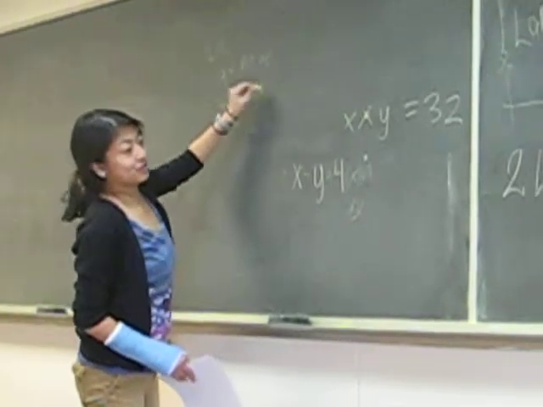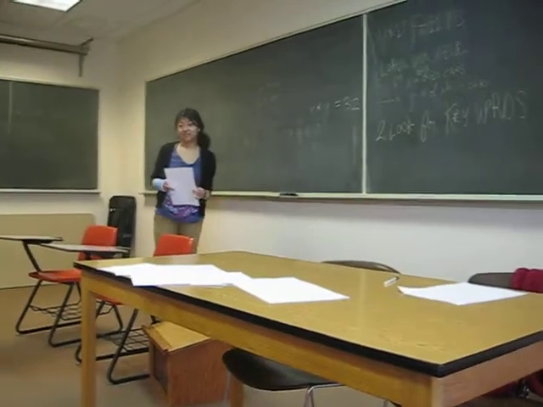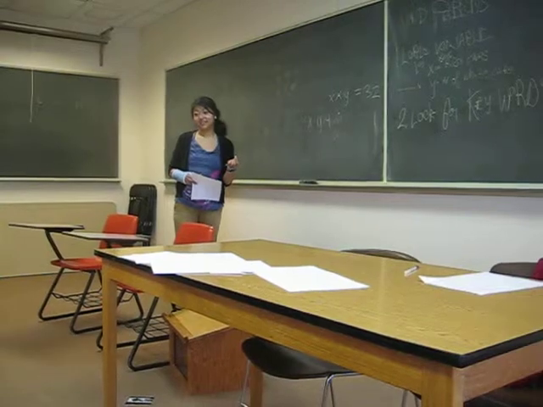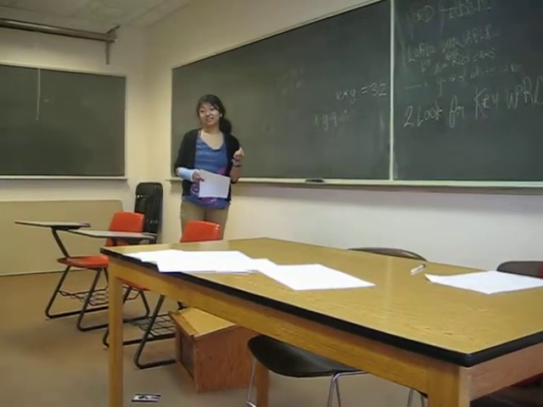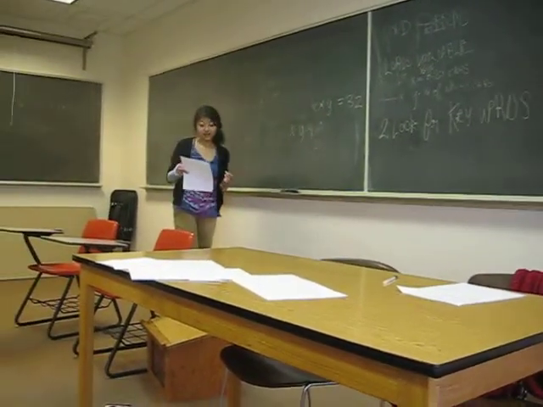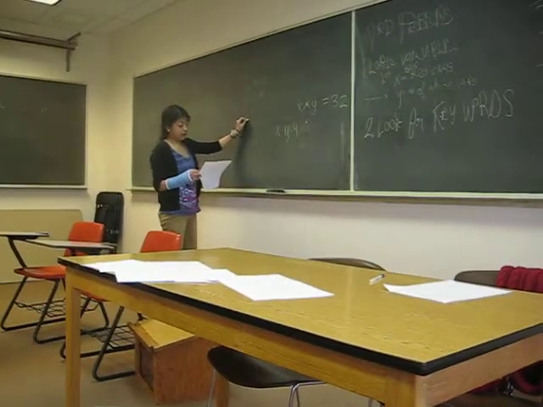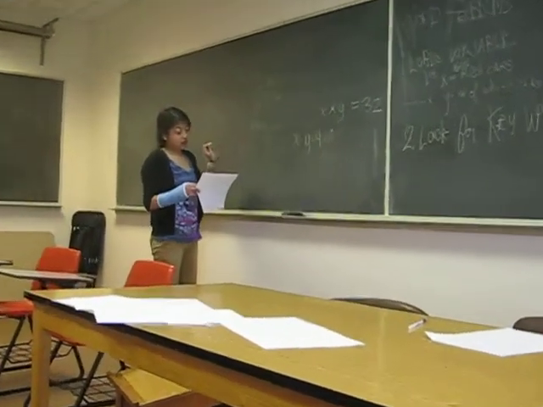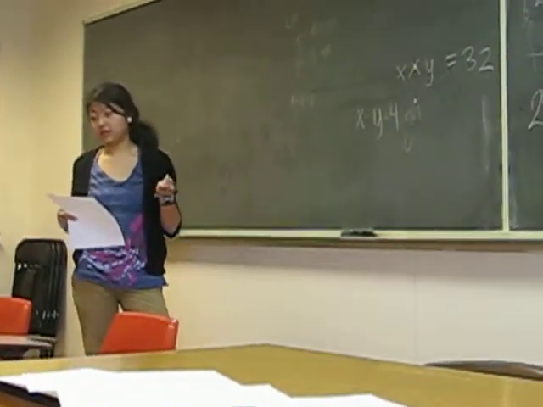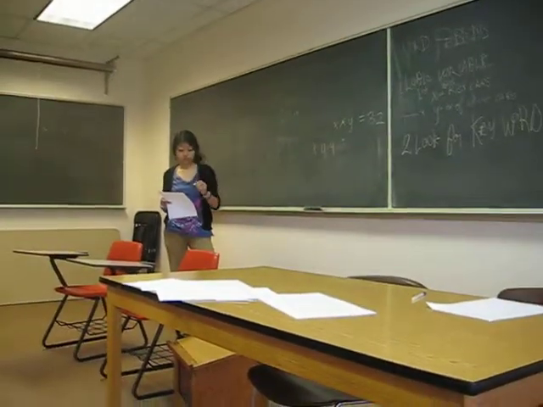Okay, and then next we want to look for some keywords. So what would be some of the keywords in that one? Different. Okay, and that indicates? Subtraction. Exactly, and you guys can feel free to add different words to your notes as you learn more. So x minus y equals 3, and then what would be the final equation that we could set up? 2x equals